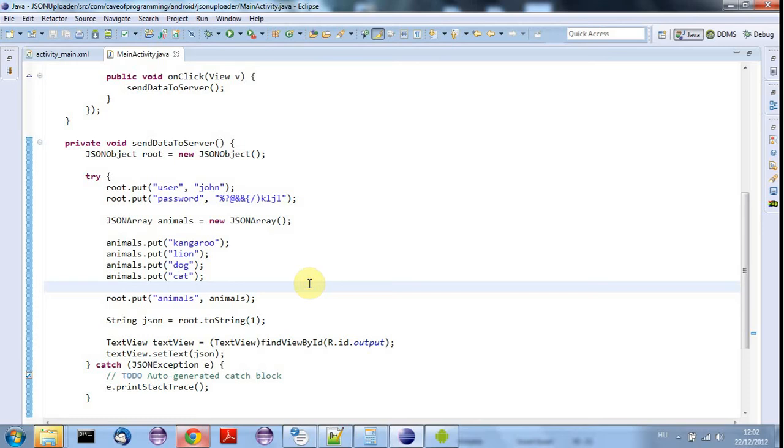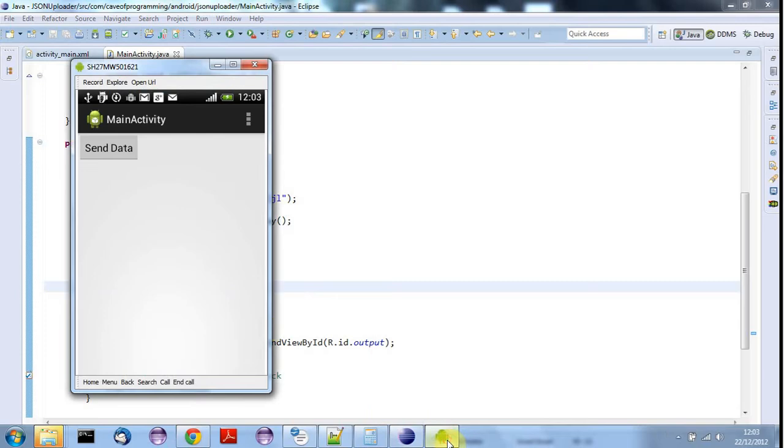So I've got the application up and running, and let's take a look. And I'll just click the button here, and here's my formatted JSON. So you can see that because I started off with a root object as a JSON object, which is kind of like a map, it's opening with this curly bracket, and there's a closing one down there, and here are my key value pairs,